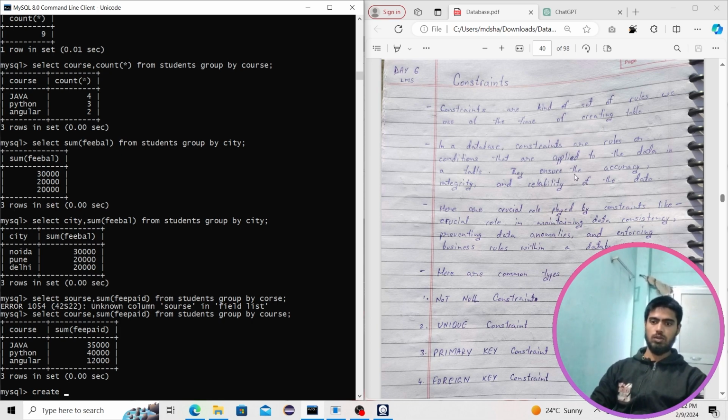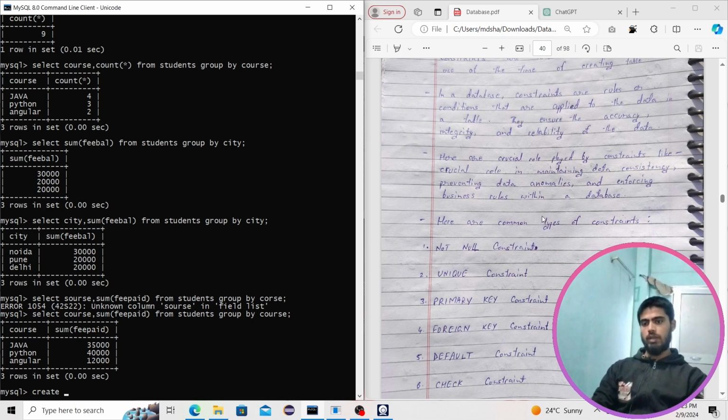Constraints ensure the accuracy, integrity, and reliability of the data. Here are crucial roles played by constraints: maintaining data consistency, preventing data anomalies, preventing data duplicacy, and enforcing business rules within a database. So basically what